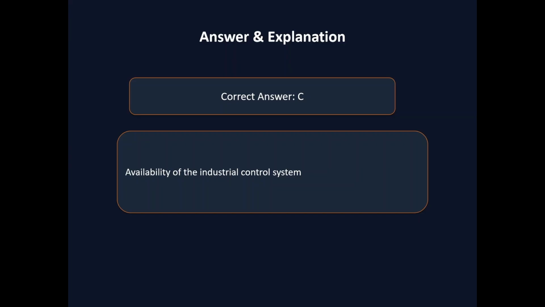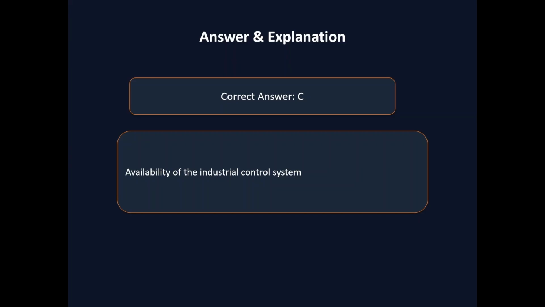capability. So any unexpected downtime in a production environment will disrupt operations, cause financial loss, and also may introduce safety risks during restart or rebooting of the system. So IEC 62443, our framework, emphasizes that availability and safety take priority over confidentiality in OT systems. Therefore, availability is the most important concern in this scenario.